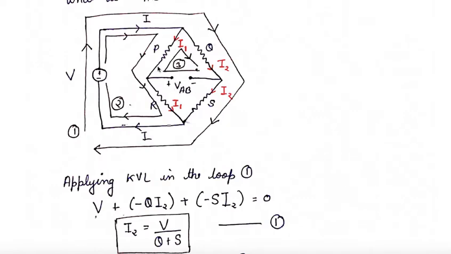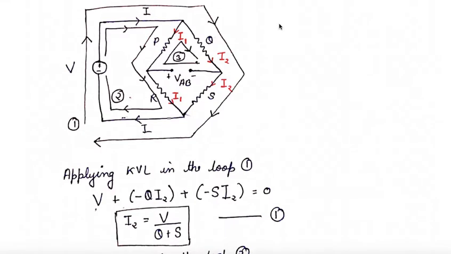So this I1 complete flowing through here, this I2 complete flowing will be here, and again it is combining and making into I. So these things we have marked from our assumption. Now we will solve it.